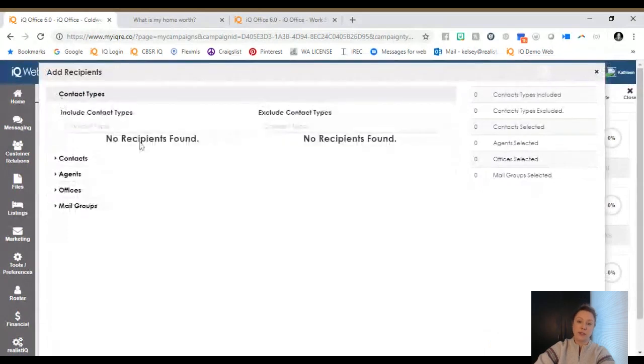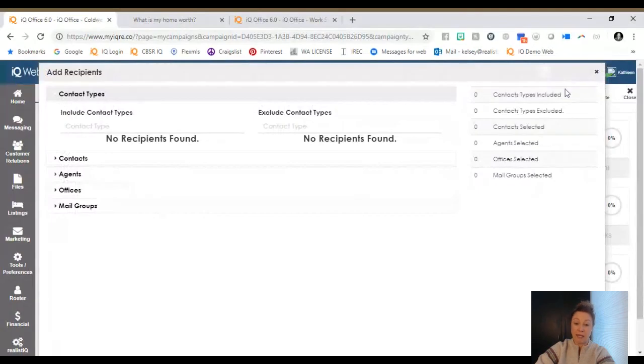And here you can choose, hey, I want a contact type, or I want agents, or I want certain mail groups. So you choose who goes on that campaign. So that is how you do the e-marketing drip campaigns. I really like it because